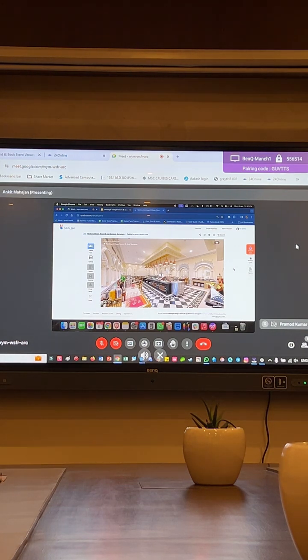Right? That is a common question that is going to get asked to you, for which most properties what they do is that they send images, they send videos of past events, they may share a 2D layout with the client, giving them the rough ideas of where the furniture or the elements can be set up. Right? But still, as per the client's customization, it becomes very difficult to showcase to them how their event is going to be. Right? Now here, what you can do is, the very first step that you need to do